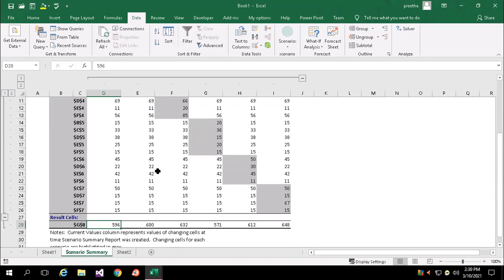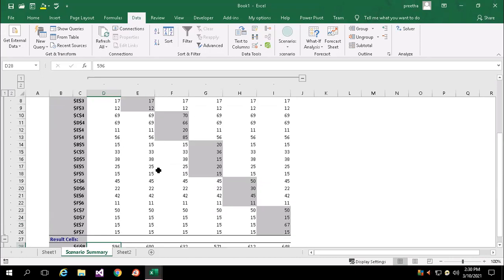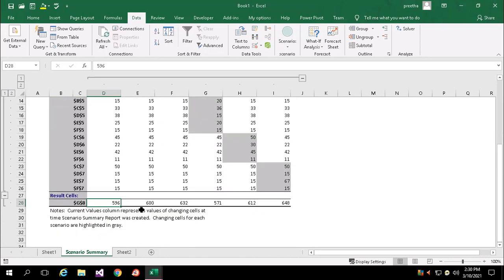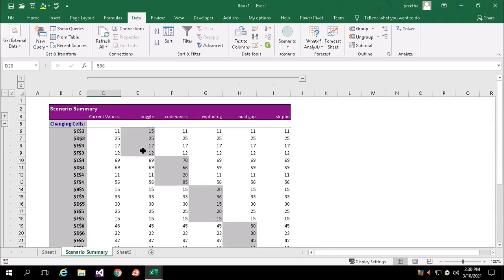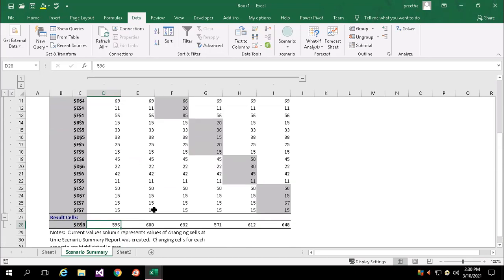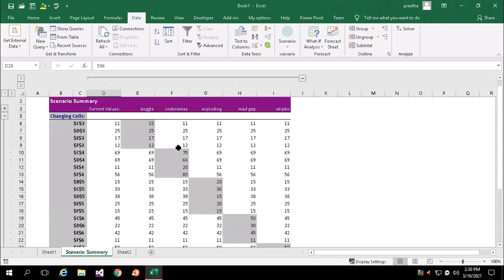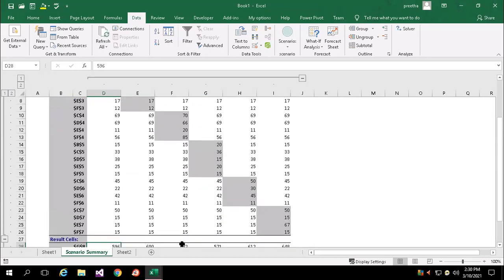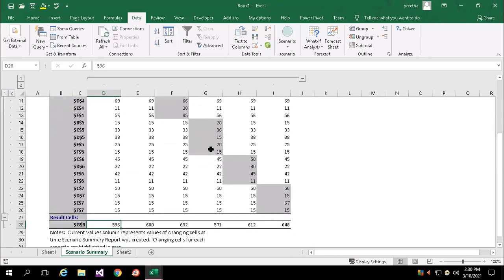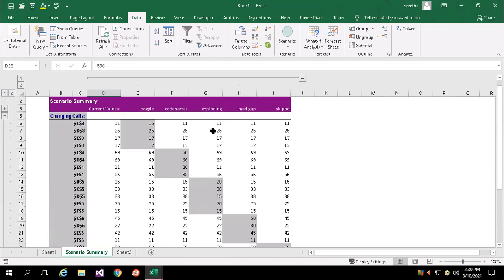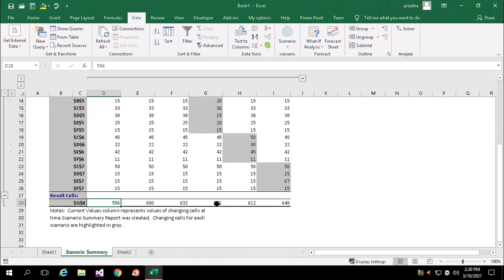Where it was row wise, now it is column wise. That's the reason. Now you can observe here, because of changes in Boggle, what is your total sales? I'm getting 600. Because of changes in Codenames, I'm getting 632. Because of the changes in Exploding, I'm getting 571.